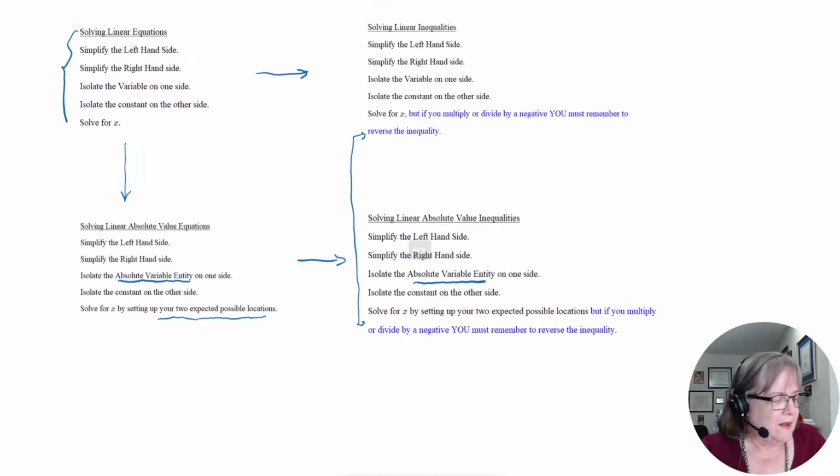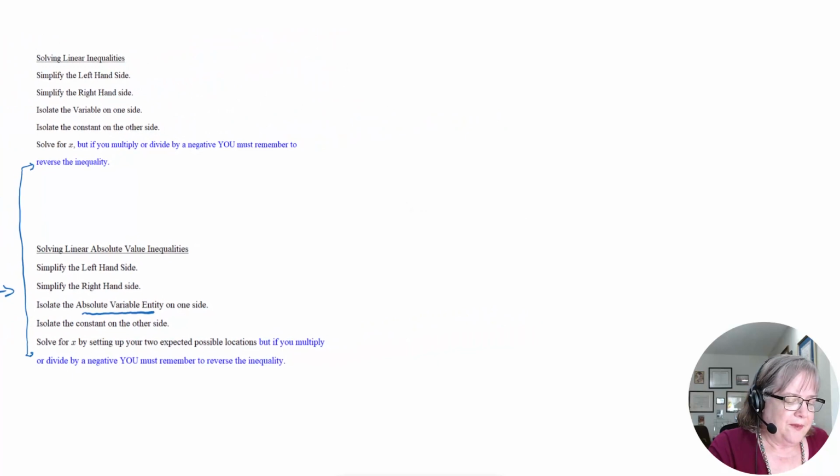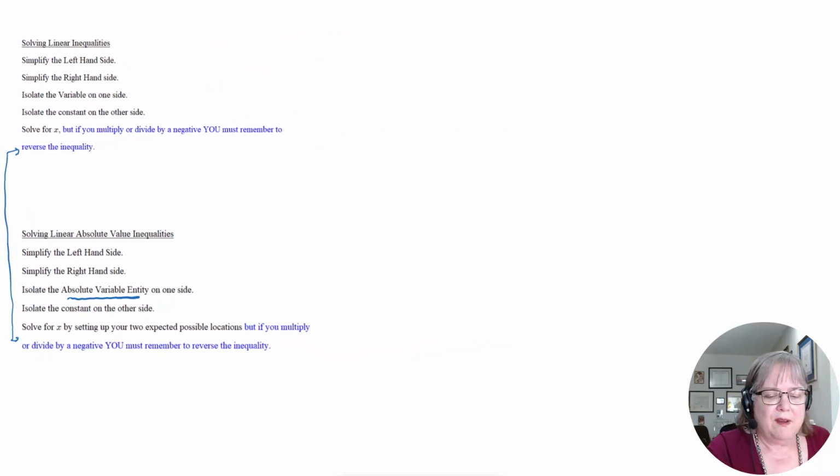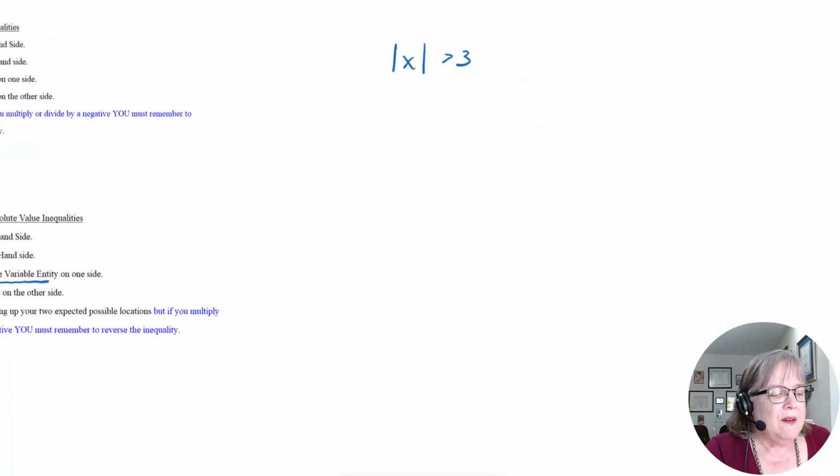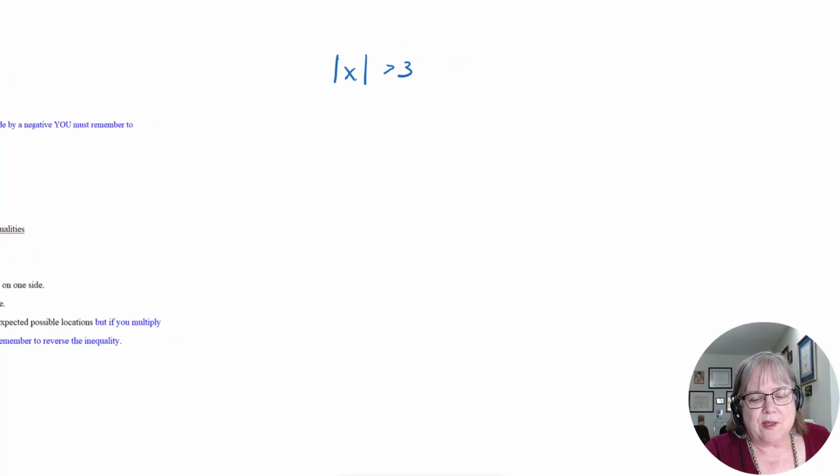All right, let's try some. Now, here we go. Someone asks us to solve the absolute value of x is greater than 3. I want you to visualize what this is. We talked about this in the absolute value equalities. To me, these are just like little people with various names, and this person's name is x. They are more than 3 away from 0. So if I was going to look for them,